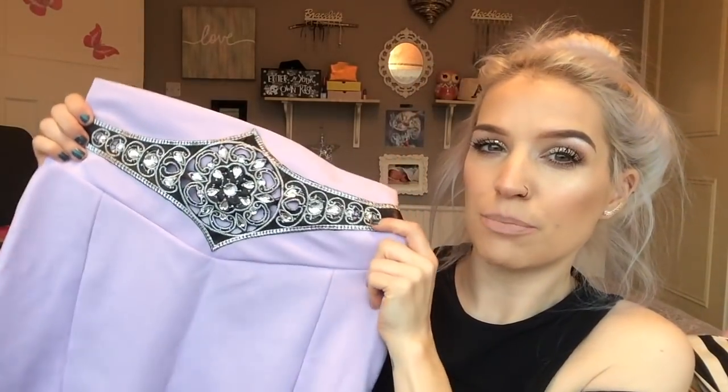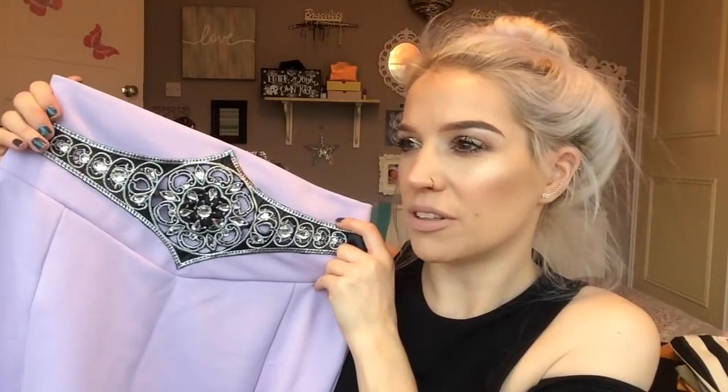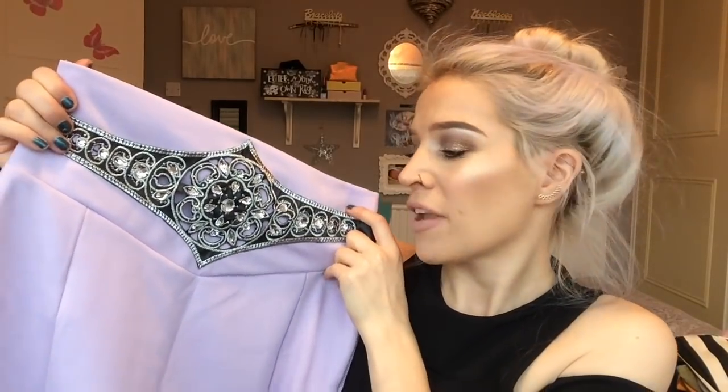I do feel like you could wear it in the office, but people may think that you forgot you were coming to the office and thought you were going to a cocktail party that day. But anyway, I think this is a beautiful skirt. It doesn't look as cheap as the last one. I mean, maybe this one is only 80%